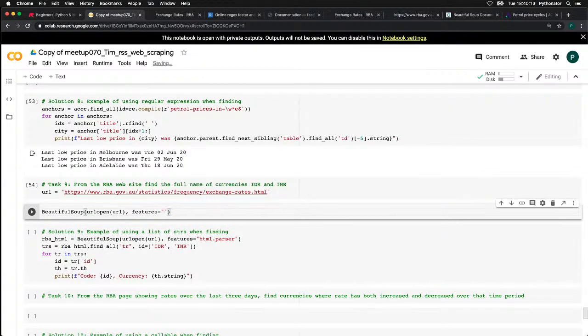So we use the HTML parser, and there's different HTML parsers you can use. You can actually use the LXML library for HTML parsing, but in the documentation they give you the different pros and cons of each one. So we'll store the soup into RBA HTML,